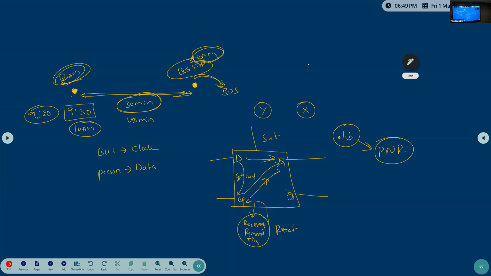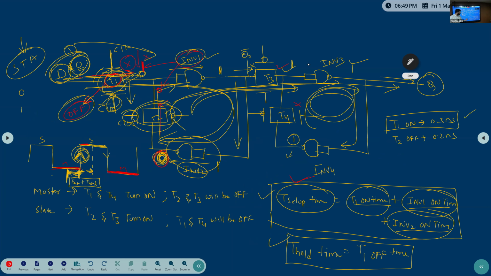So this is the complete thing: how the data will be processed and stored, what the setup time is, what the hold time is. I just gave the introduction, like a trailer, for setup time and hold time. There are different cases for setup time and for hold time. There are also different calculation methods, like OCV,